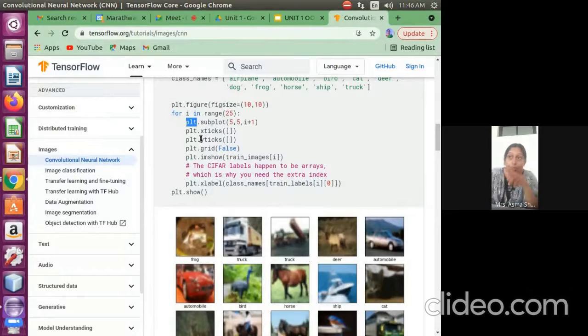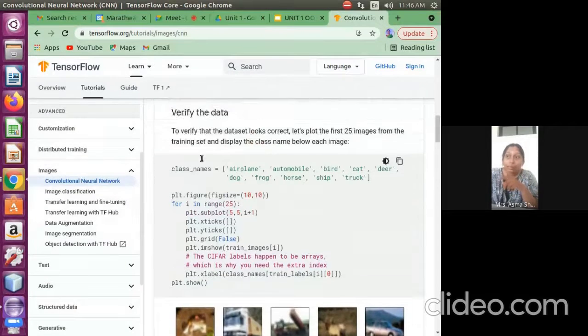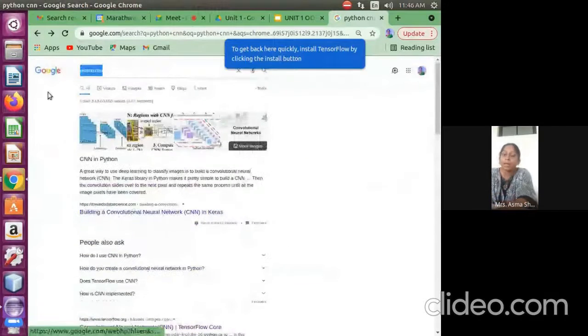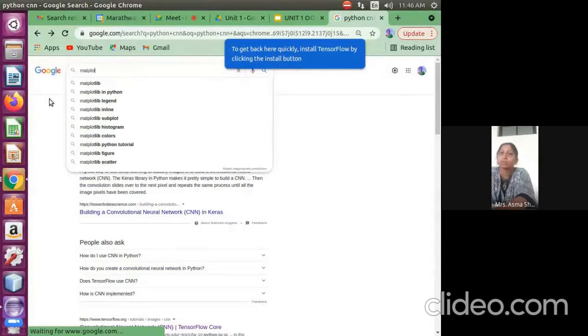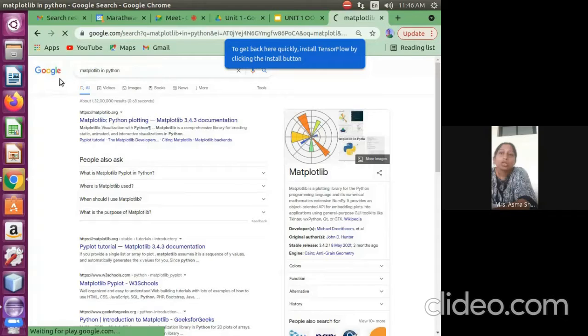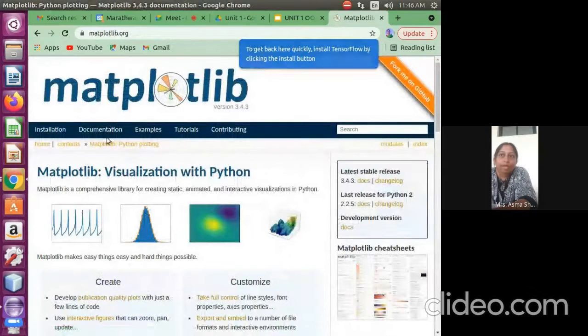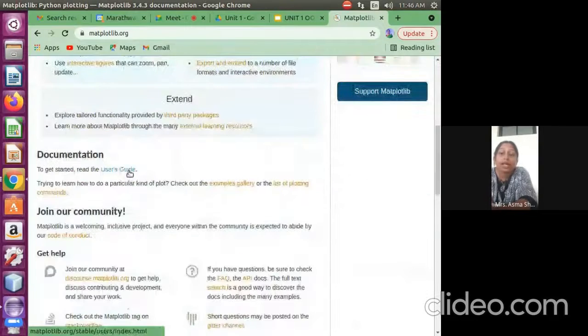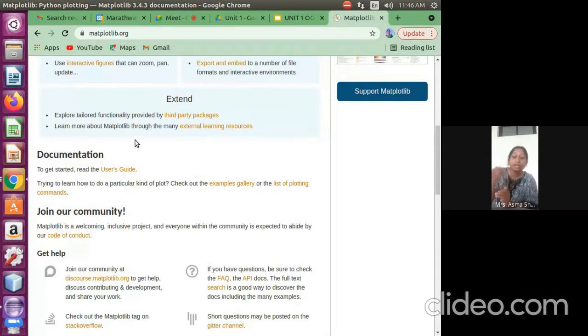So this plot operation is not that easy, because in the backend for this plot we have to import matplotlib. Matplotlib is a visualization library which includes the functionality for how to draw that. We are using only dot plot, which helps us plot something on the screen, but the functionality is already given in the library. You are only using that functionality by passing the parameters.